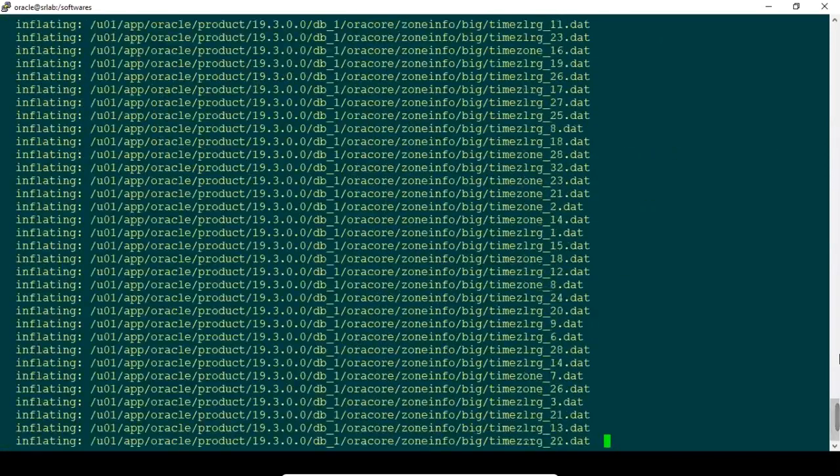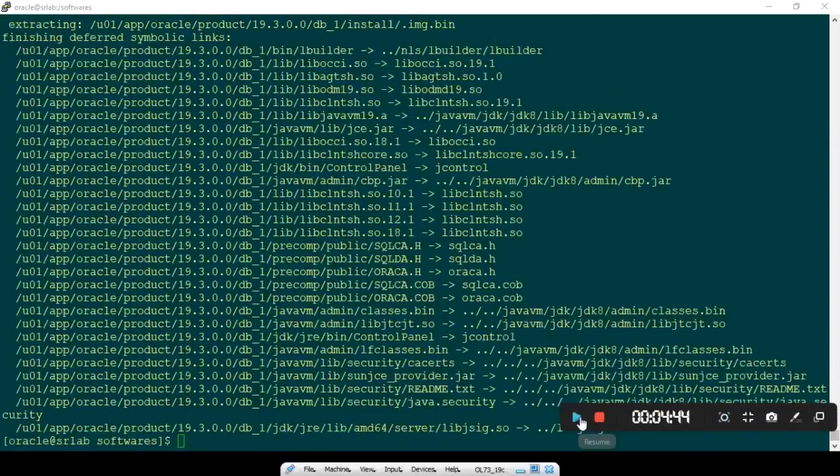It will take quite some time. The RDBMS binaries extract has been completed.